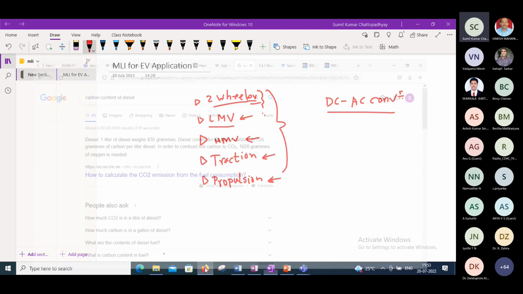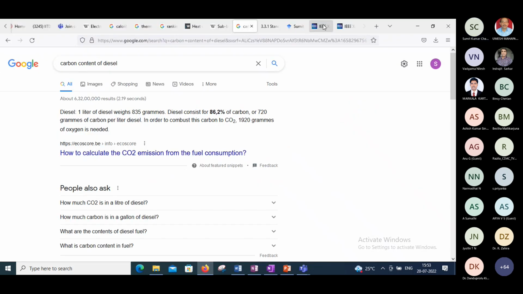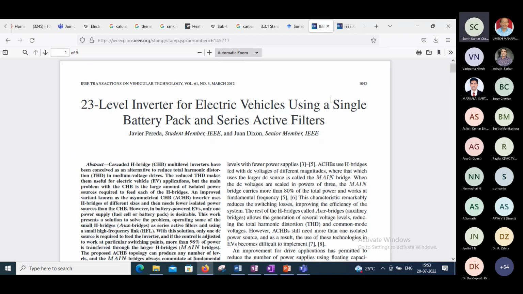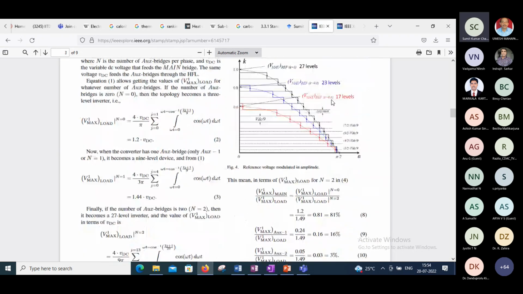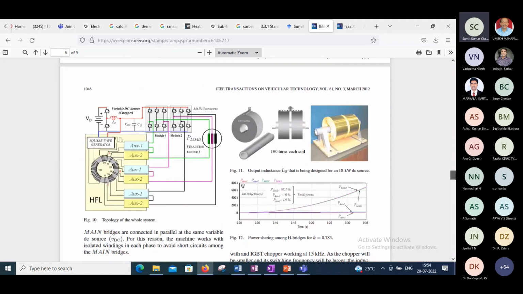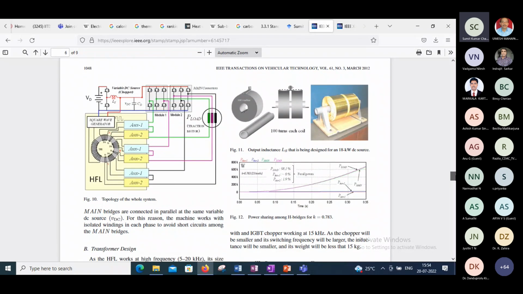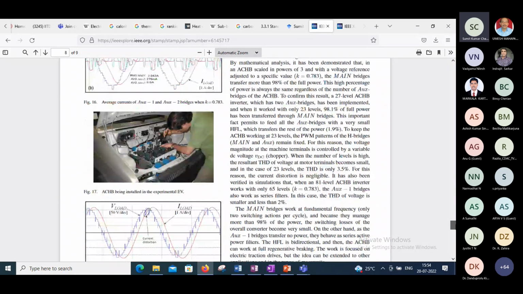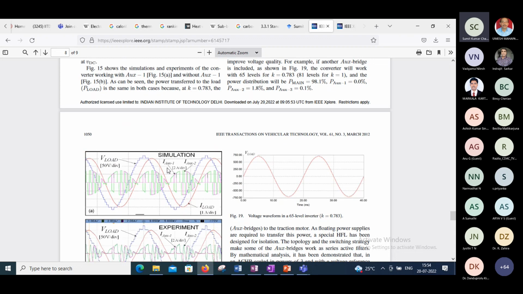One of the first papers I can share here has experimentally verified the performance of multi-level converters, asymmetric multi-level converters, in vehicular application. You can see that this is called an asymmetric cascaded H-bridge. What it is, I'll show, but this is a setup. You can see that in a very compact way, this setup was made, and this paper was published more than 10 years back.